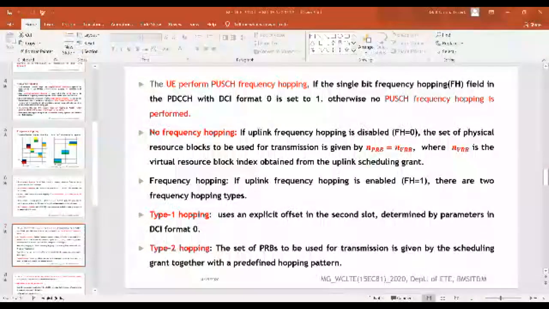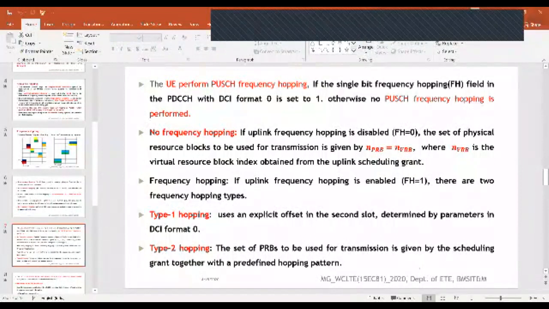And the second one is type 2 hopping. In this case, the set of physical resource blocks to be used for transmission is given by the scheduling grant, along with the predefined hopping pattern. That is the type 2 hopping.